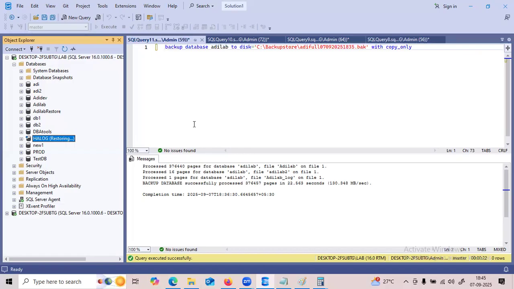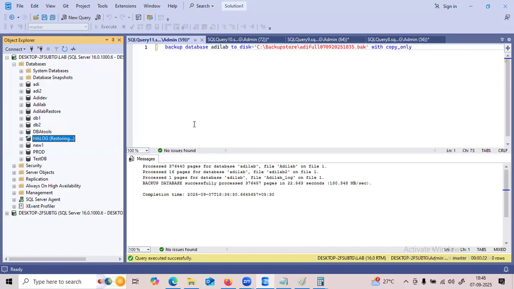If you use WITH NO_TRUNCATE, what will it do? It won't record any information in MSDB or master. It will look for the particular database's LDF, whether it is available or not. If it is available, it will take the log backup to the disk. That is the purpose of the tail log backup.